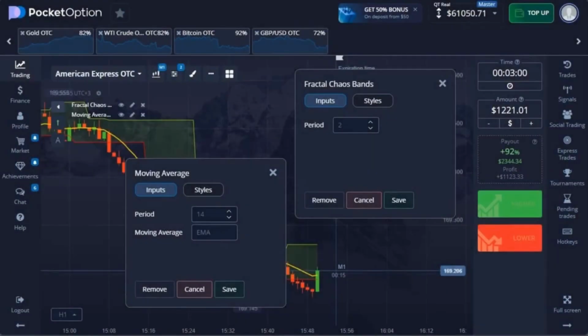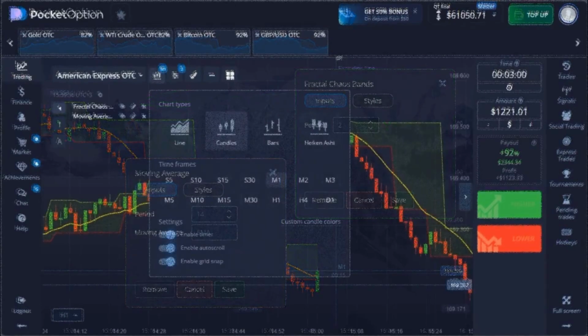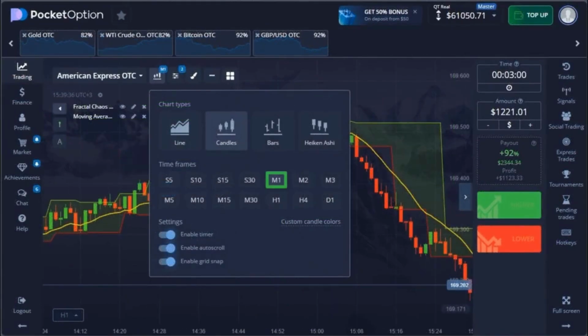Then we need to set the calculation period for each indicator. For Fractal Chaos Bands, the calculation period is 2 candles, and for the exponential moving average, it is 14. To do this, click on the pencil icon and set the necessary parameters. After that, you should set the chart time frame to M1. You can do this by clicking on the icon with the image of a candlestick chart and selecting the appropriate period. Don't forget to activate the Enable Timer, a very useful function that shows how much time is left until